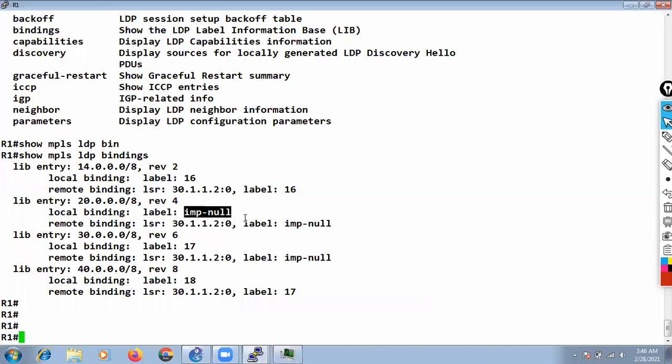In our MPLS header lesson, we discussed that label number 3 is known as implicit null, but you will not see this value when you check bindings. You will only see implicit null, not label number 3.